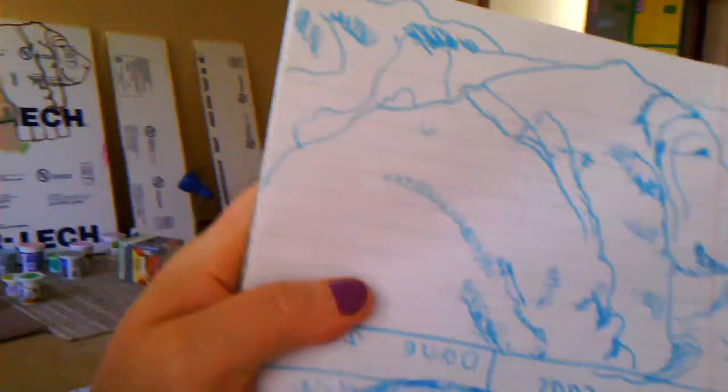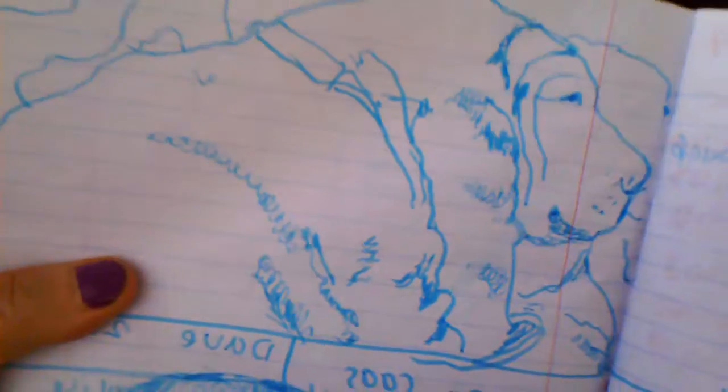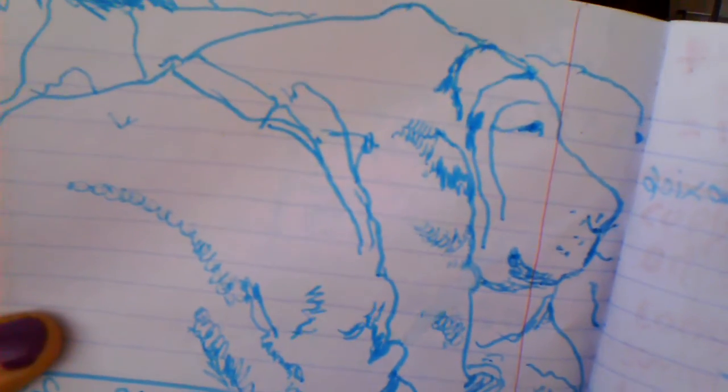I have it here in my bookkeeping book where I occasionally put a sketch in as well. So this is, I don't know if it shows. This is my sketch of Dave. It is a rough sketch with a marker, and then I just transported that over onto the canvas. So with acrylic paint, and it's pretty nice. So now I'm basically just